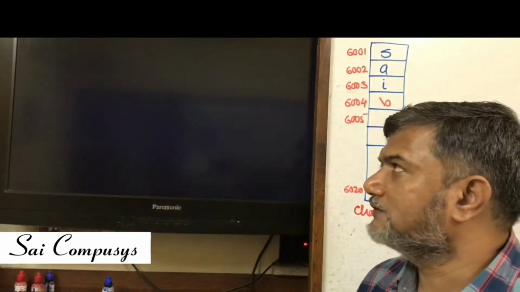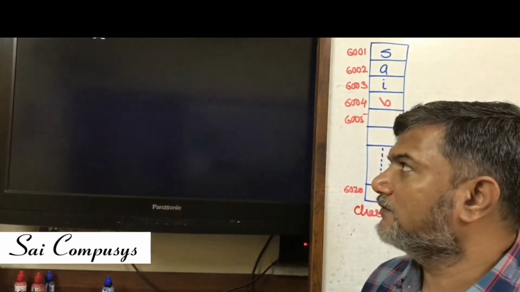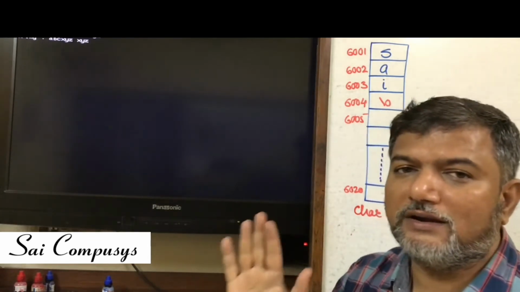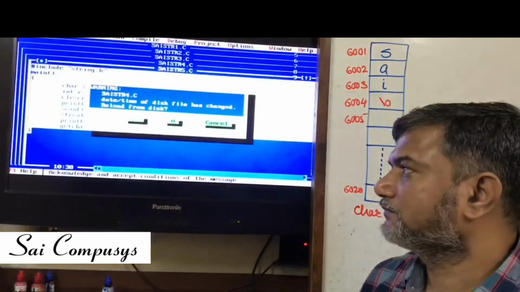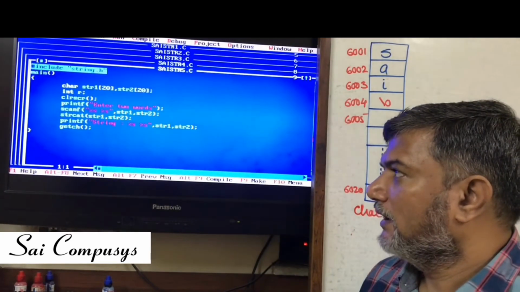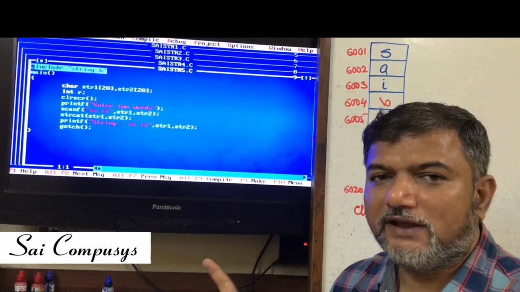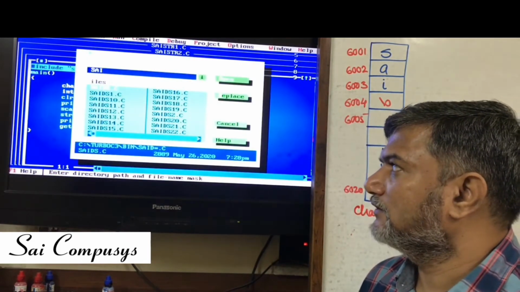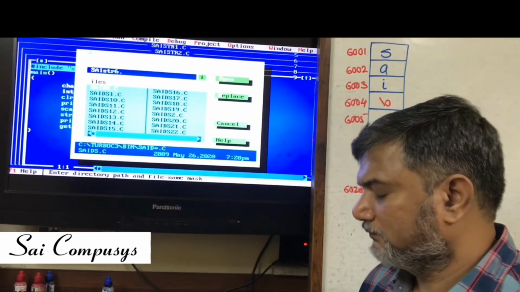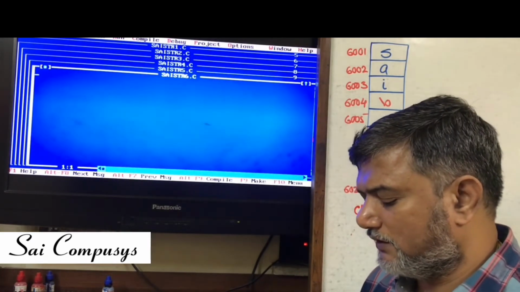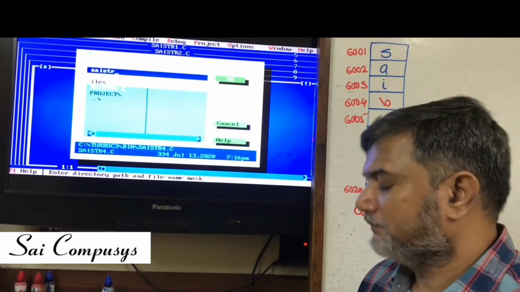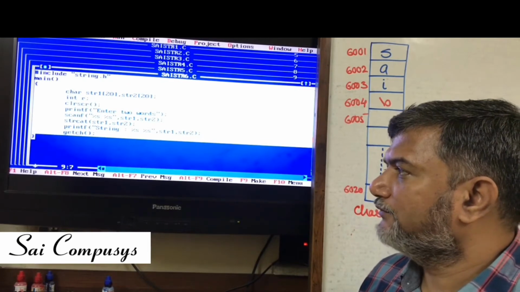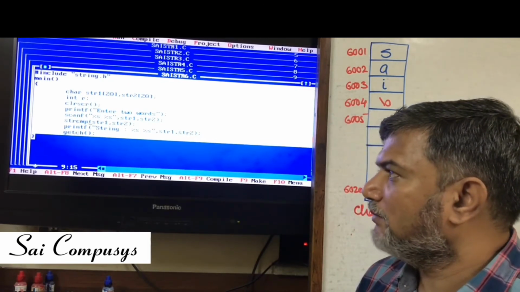This is the first string, this is the second string. What happened to the first string? The contents of the second string got concatenated at the end of the first string. So, strcpy copies, strcat concatenates. A similar sort of function I will show you is this. A very interesting and very commonly used function. I'll use the function called strcmp.